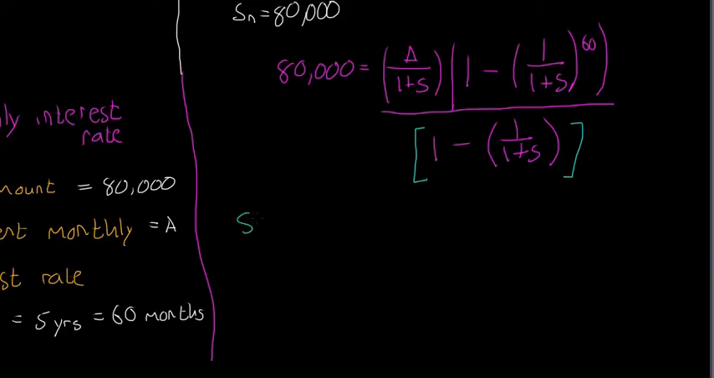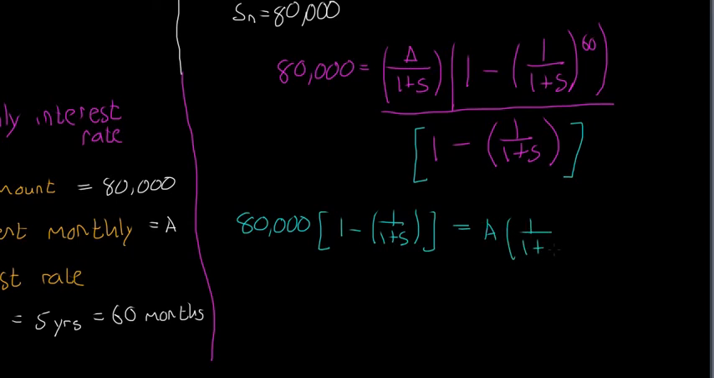So I'm going to say then that's 80,000 multiplied by 1 minus 1 over 1 plus S, square bracket, is equal to, I'm going to take this A here out of the bracket, so we're going to be left with A multiplied by 1 plus S. We haven't changed it, we've just written it a different way, 1 over 1 plus S to the power of 60. Now if I divide across by this here,